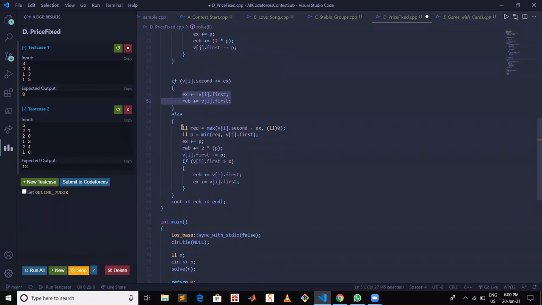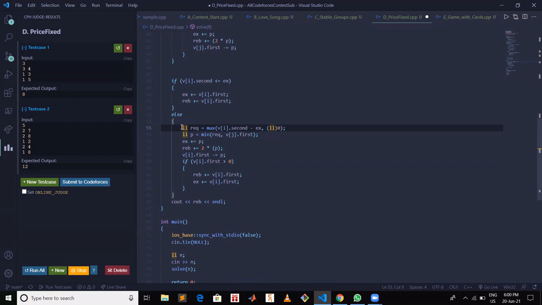Otherwise, we can't directly purchase all items at 2 rebel cost, because if there are so many items for this highest product, after purchasing a few of the items, probably our experience might become more than or equal to the experience required for this ith one.